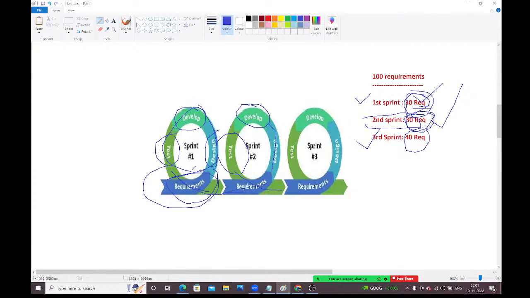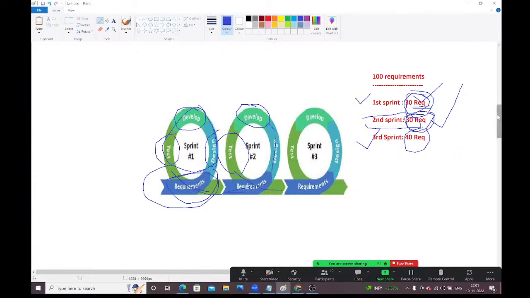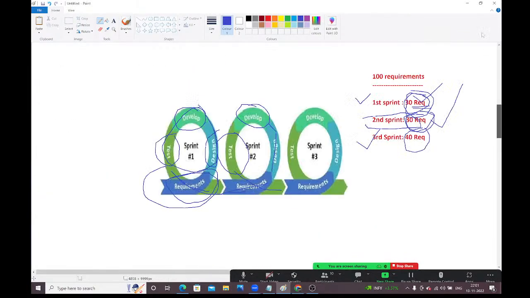Fine, guys. Anyone have any questions? So this is agile versus waterfall. We covered what SDLC is, what methodologies are available in SDLC, what the waterfall methodology is, what the agile methodology is, and the differences between them. We also covered how we can overcome the problems we face with the waterfall methodology, and when waterfall is suitable. All these things we discussed, guys. Does anyone have any questions?